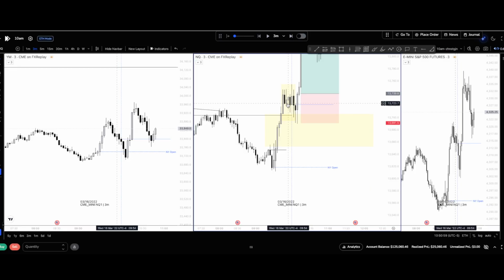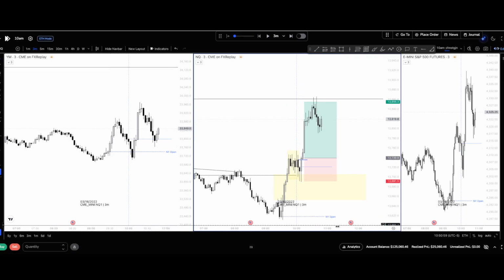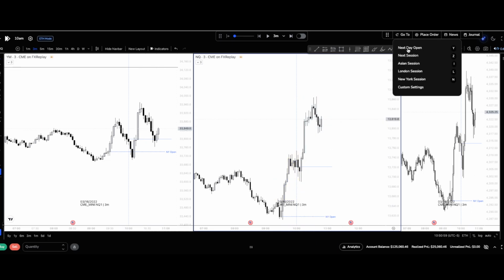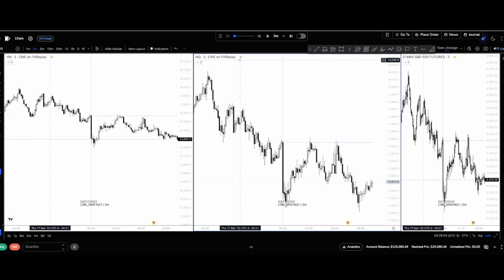It's just because you had that very clear accumulation, manipulation, 3-minute CISD, and this is your 10 a.m. open, low, high, close, and you're just taking that 10 a.m. CISD up to where these highs are located above us, right? Out of that 15-minute internal. That's all it was, dog. It wasn't that complicated. Just not trying to overcomplicate it. Anyway,